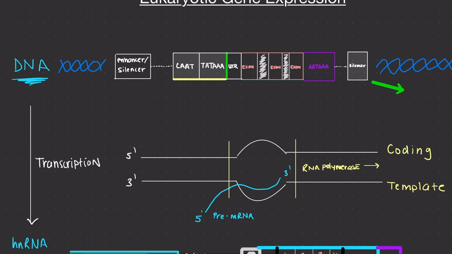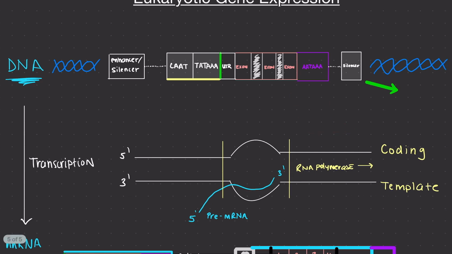Now, you have exons that will actually code for proteins, so those nucleotides will be part of the mRNA strand, the mature mRNA strand that will reach the ribosome to be translated. Other portions of this gene are called introns. These get spliced out in the second portion of transcription, which I will highlight in a bit. Then you have a polyadenylation signal sequence. This is AATAAA, and this is where the poly-A tail will be placed,